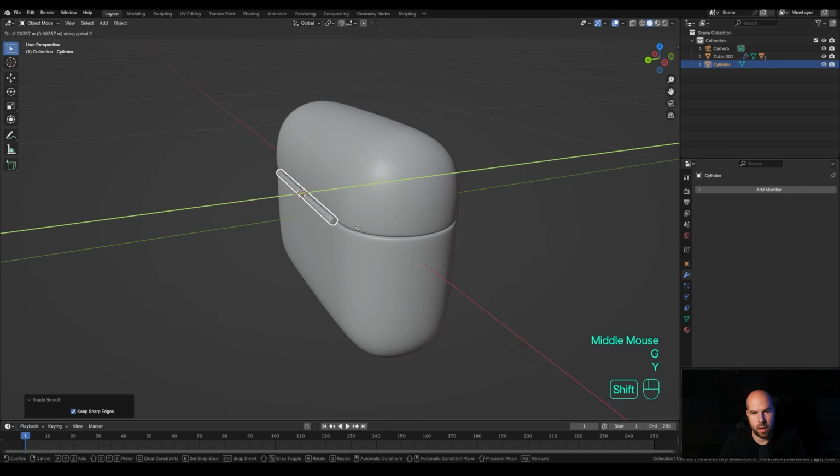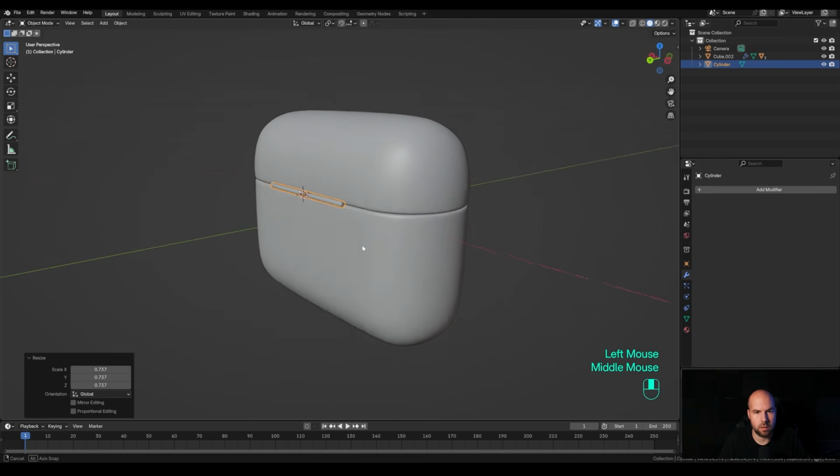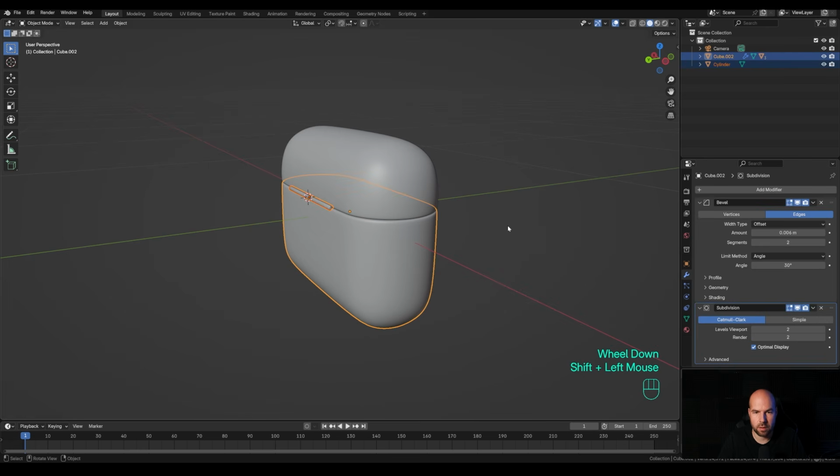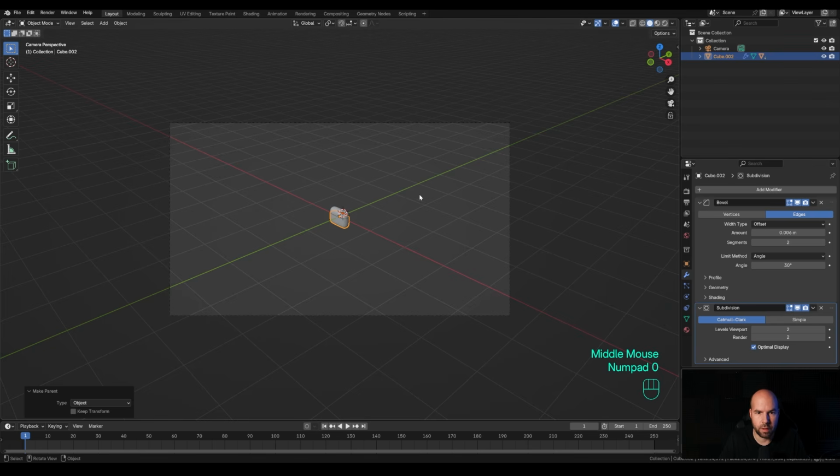So press G then Y and move it inside a little bit. Maybe we can make it even smaller, like this. So it's just a tiny detail, and let's hold Shift, select the main part and press Ctrl P and parent to object. So now we're ready, so let's hit 0 on a numpad for a camera view, and this is